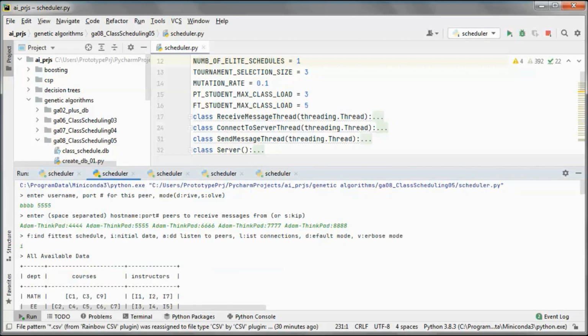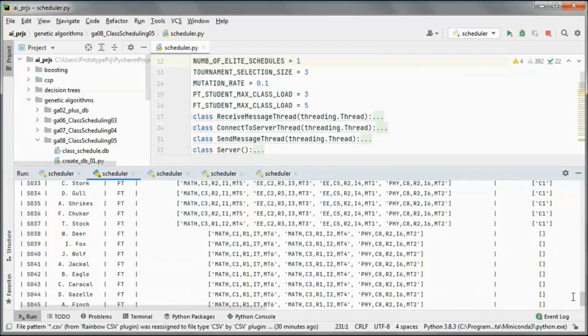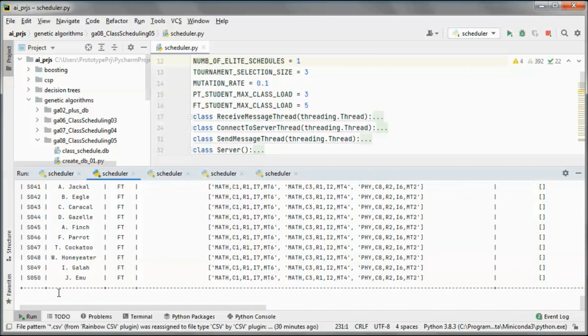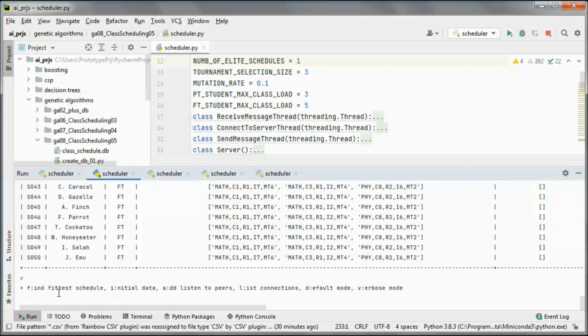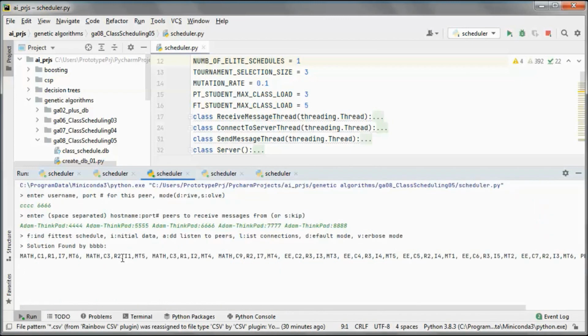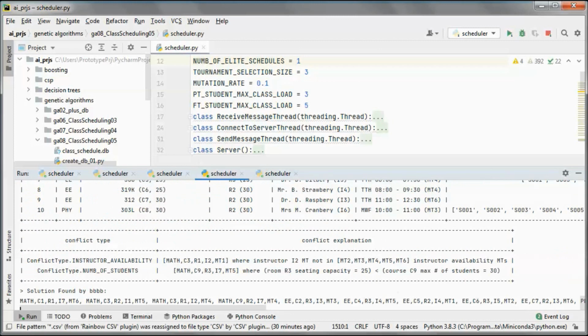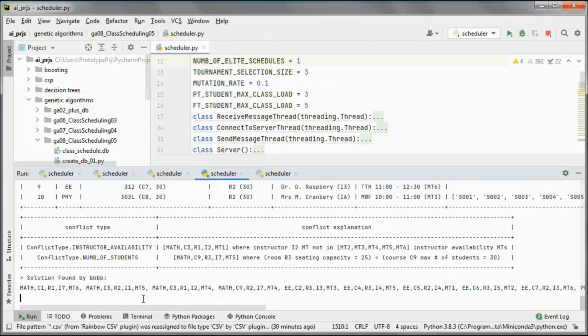So now maybe let's have this one run in verbose mode, and this one also in verbose mode, and those two let's change it to default mode.